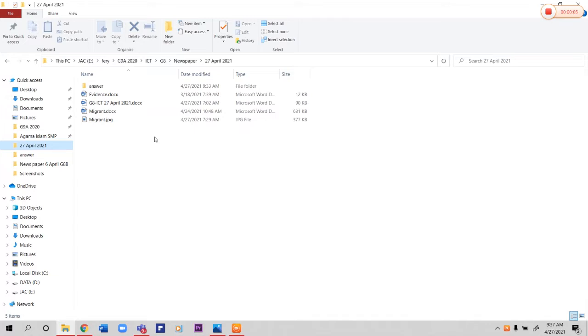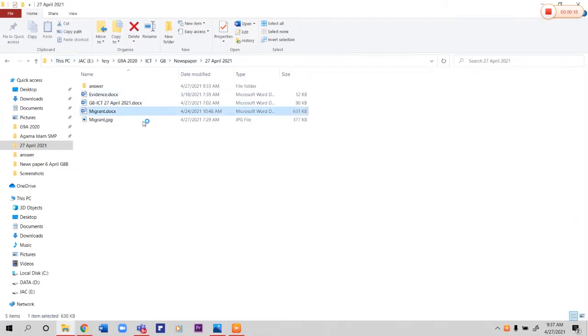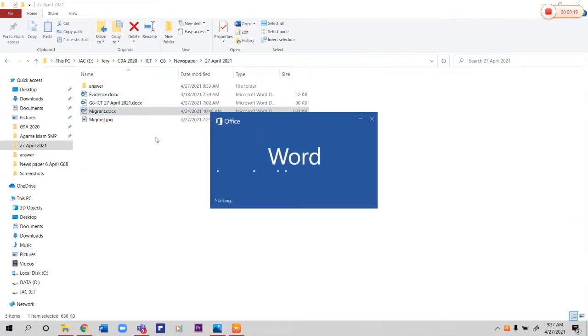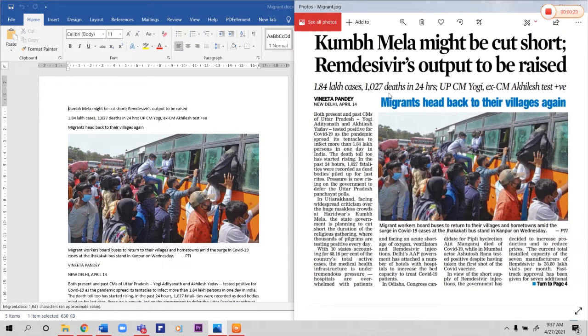This is the task for today, about immigrants. This is the appearance of the newspaper that you are going to make, and this is the raw file like the visual. But pay attention to this picture first. In this picture, there are a lot of specifications. For example, like this.